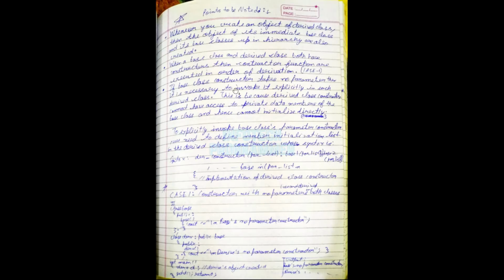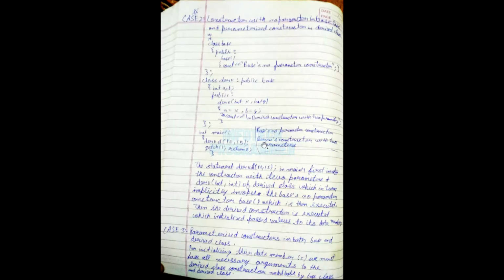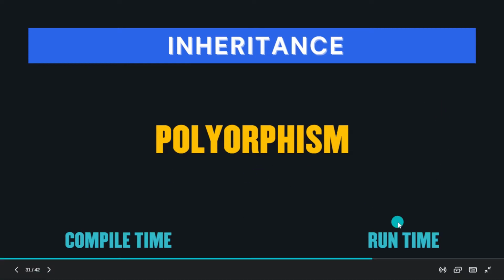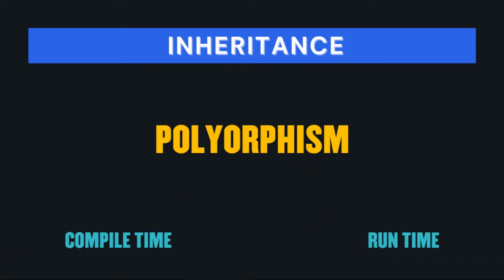What are the differences of that? And then the major points to be noted for that. And after that, we have polymorphism. There is a concept of polymorphism in C++, that is runtime or compile time polymorphism. So what is polymorphism? Let's see in the notes here.